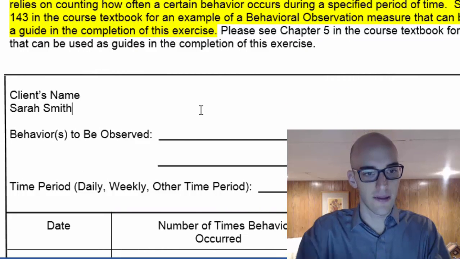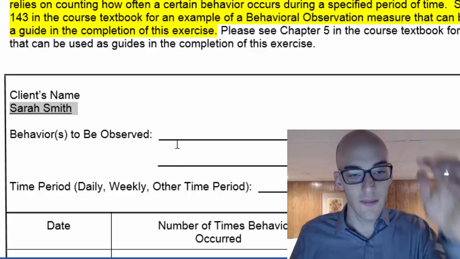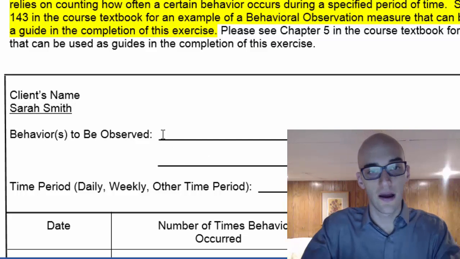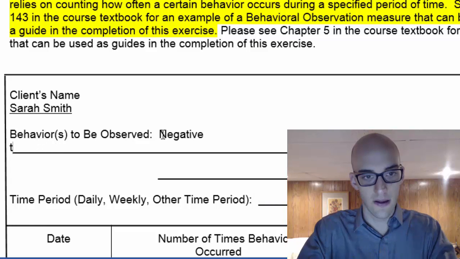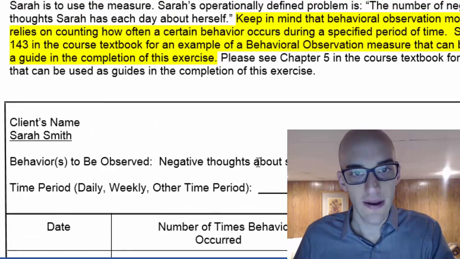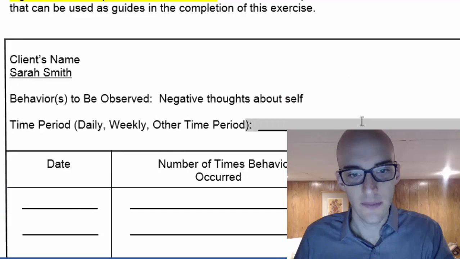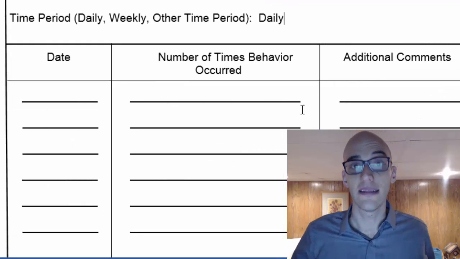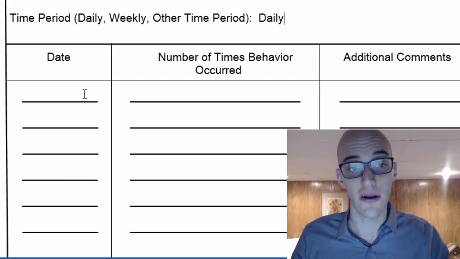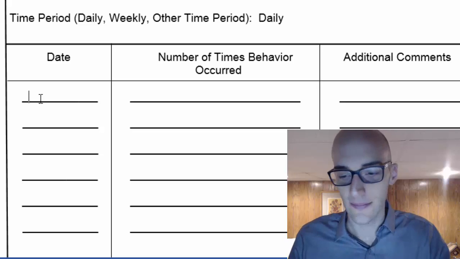Sarah Smith. That would be filling in the client's name. Behaviors to be observed, we'd say negative thoughts about self. And time period, we said number of negative thoughts each day. So this would be daily. And you would be giving this out to her to complete for herself each time she was having a negative thought about herself. So let's say you were going to be starting this August